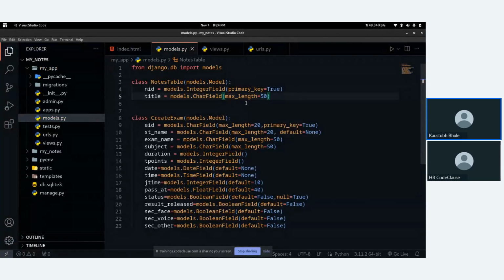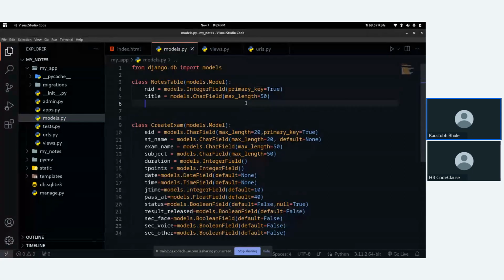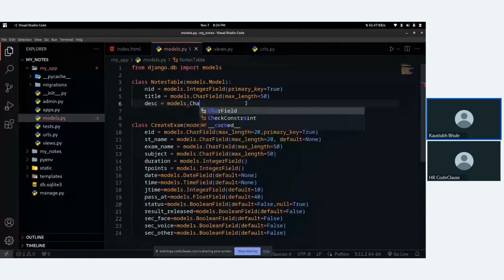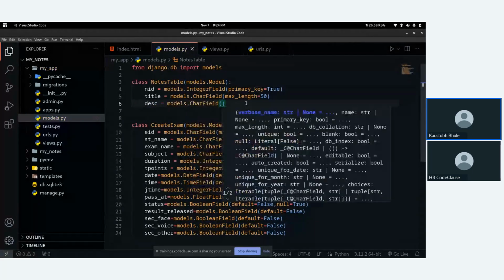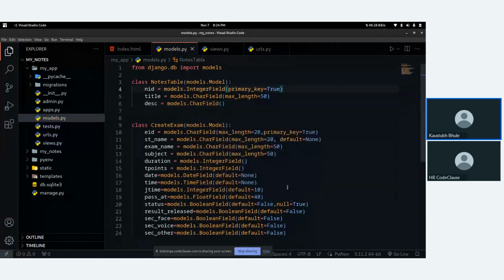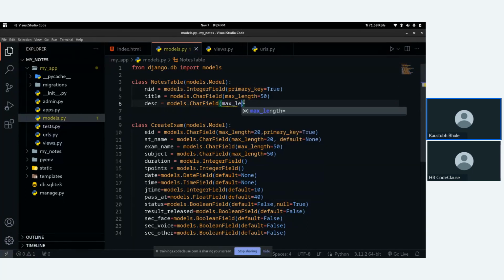Fine. After that, description, DSC equals to again models dot char field followed by the max length. If you want to specify max length, you can. Otherwise, I guess there is no limit for that. But still, for sake of purpose, just add max length to 100 characters.